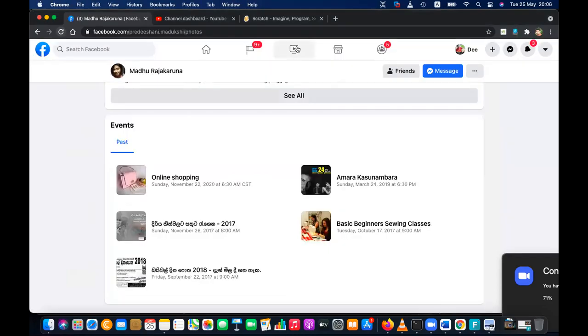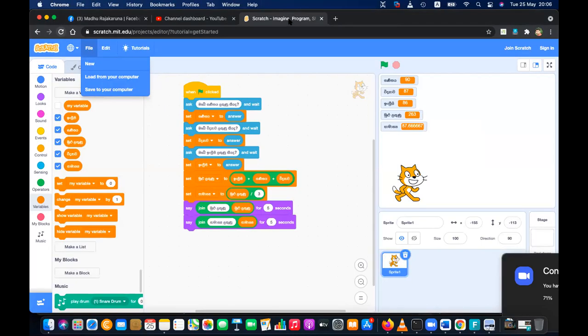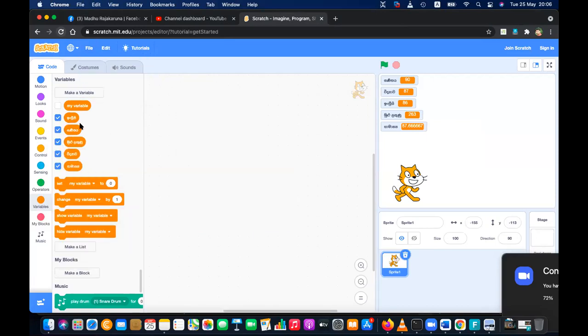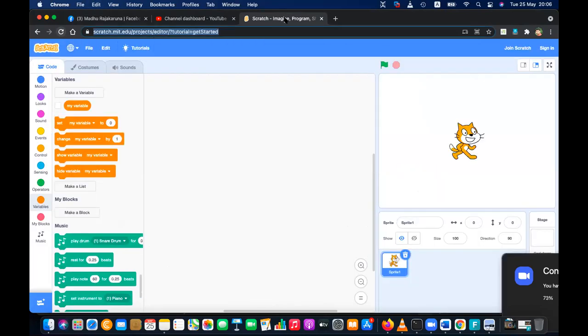And so my program for this, I'm going to create. I'll take a new one. File, new. You can also take the online coding environment, this one. Right. What I'm going to do is,